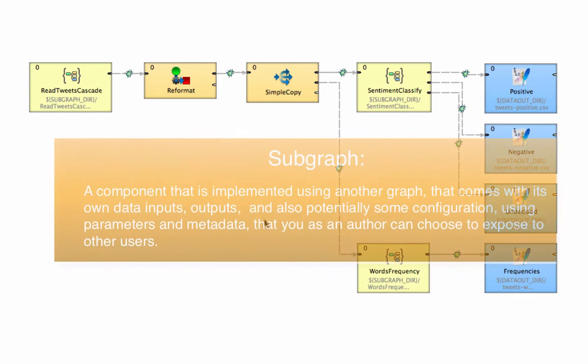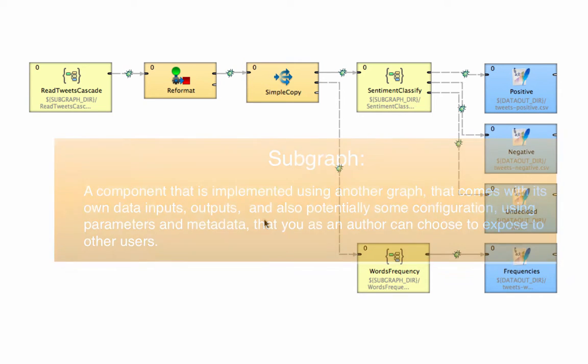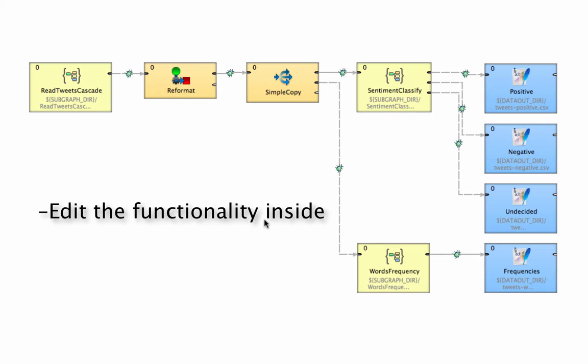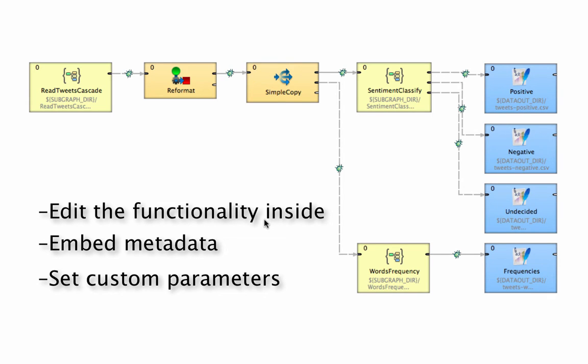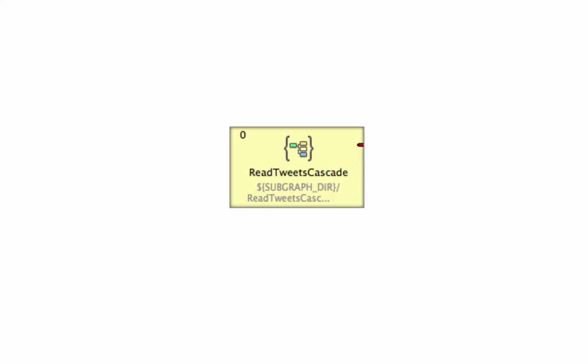A subgraph is a component that is implemented using another graph that comes with its own data inputs, outputs, and also potentially some configuration using parameters and metadata that you, as an author, can choose to expose to other users. For them, a subgraph looks just like any other component, but if you want, you can go inside of it, play around with it, embed and store metadata within it, or set different kinds of custom parameters in it as well. And, no matter how complex it becomes, it will still always be represented as a single, reusable brick of